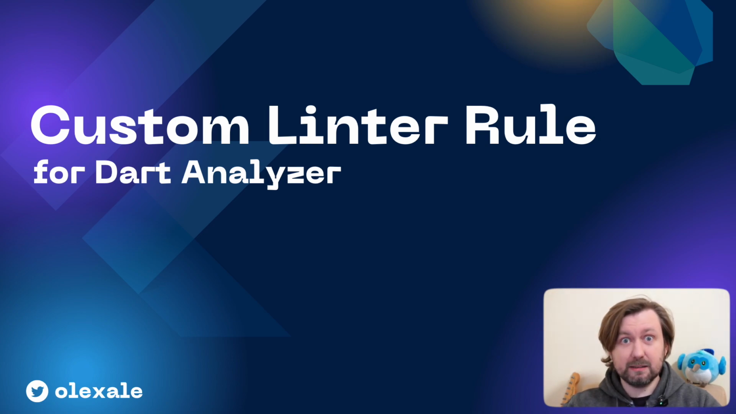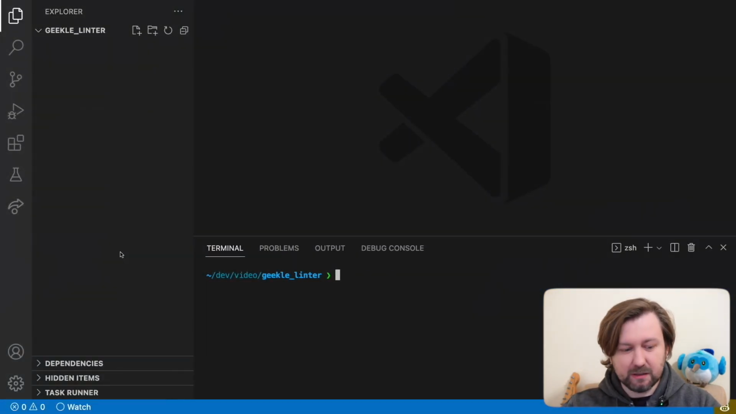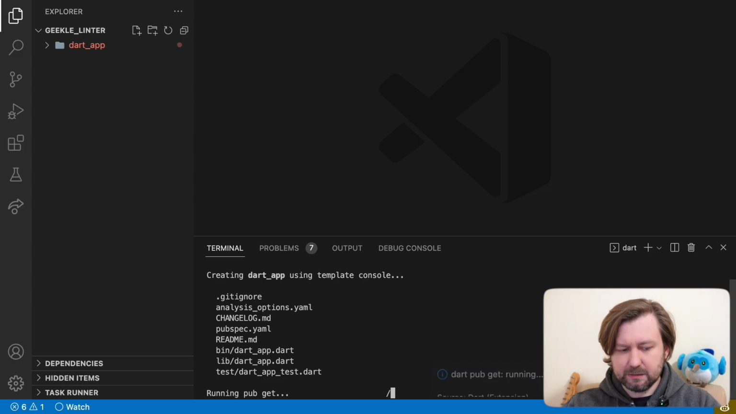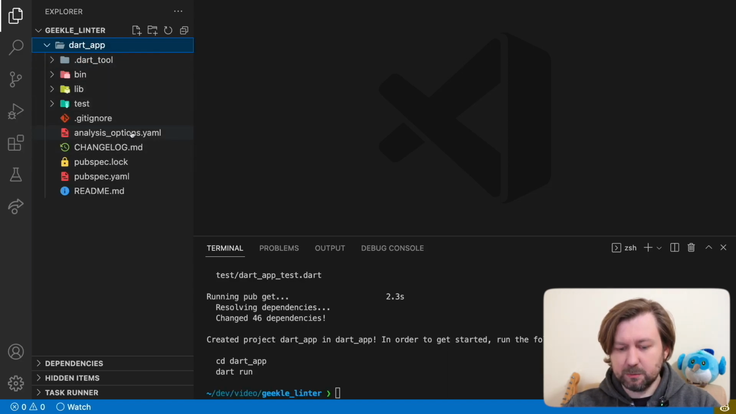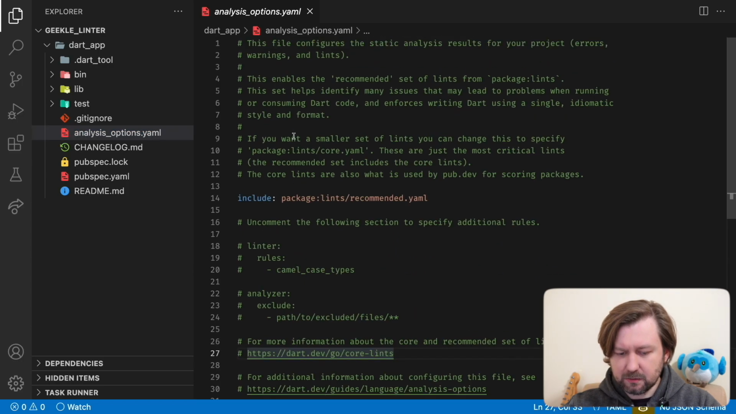So, how to add Analyzer to a project? Unless you removed it, you already have one. Let me show you. Let's create a new Dart application. Dart create, Dart app. Right, I have an app. Let's open Analysis Options file, and look, here on line 14, I have